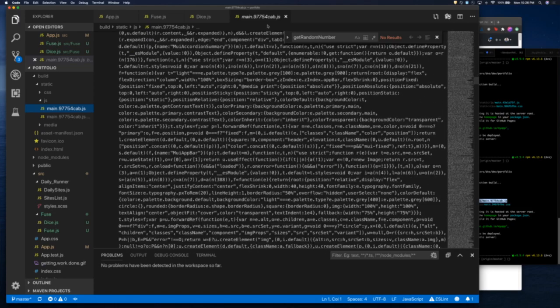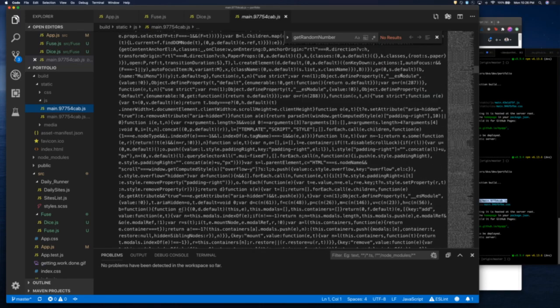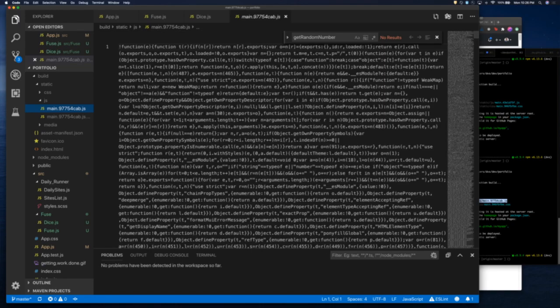So crazy. And that's the power of React. That's the power of using a UI library, not having to type all of this out, being able to just stand up code so quickly. And minified, I should cover, is what it's doing: first it translated all of my code into